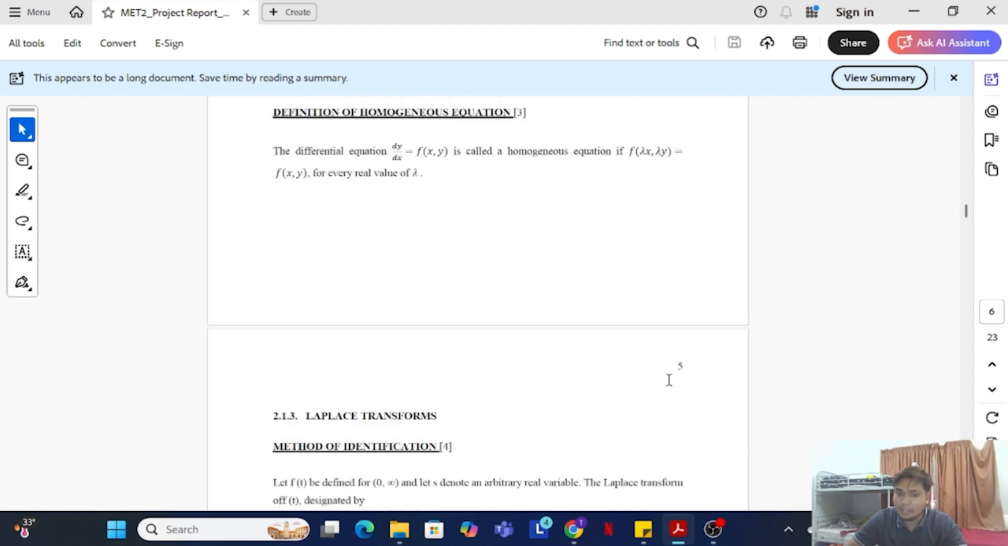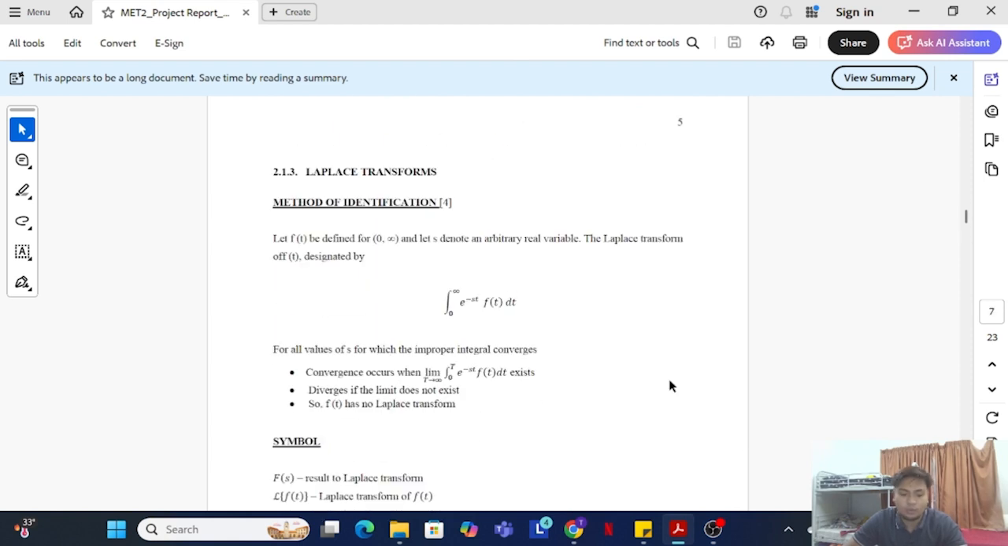Lastly is the Laplace transform. Why do we use the Laplace transform to solve this spring system? Because of the initial conditions. The Laplace transform is very useful in engineering because it turns a differential equation into an algebra problem, where we can include the initial values